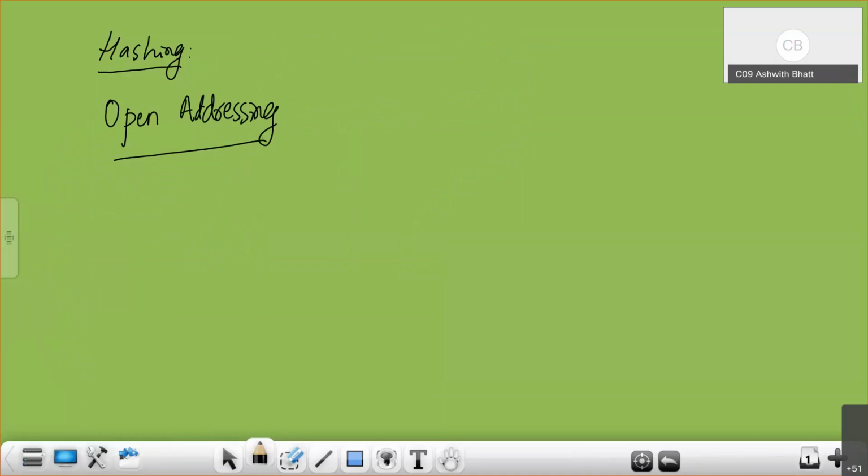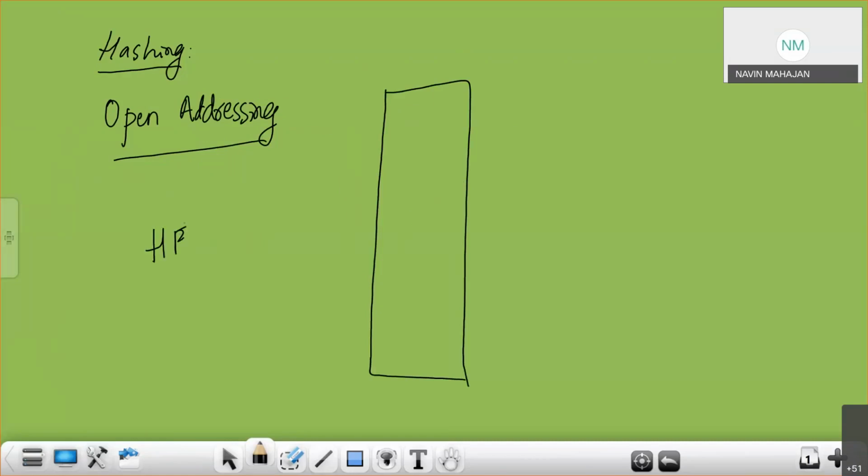Okay, now what is open addressing here? In open addressing, what happens? Now there is no chaining here. Chaining is not allowed. We will apply a hash function. The hash function is applied on the input, and the output is an index, or a memory location.